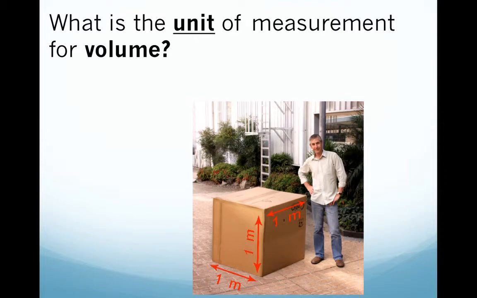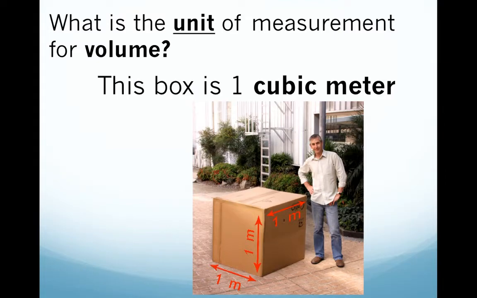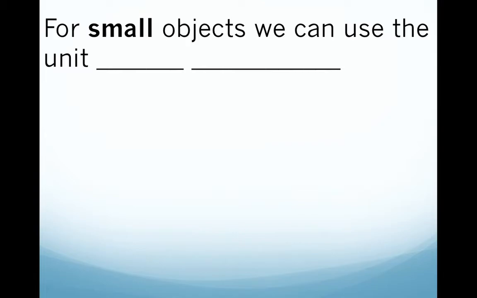Here we have a cubic meter. This box is a cubic meter. Repeat after me. Cubic meter. As you can see, there's 1 meter by 1 meter by 1 meter. That is 1 cubic meter. But that's pretty big. For small objects, we can use the unit